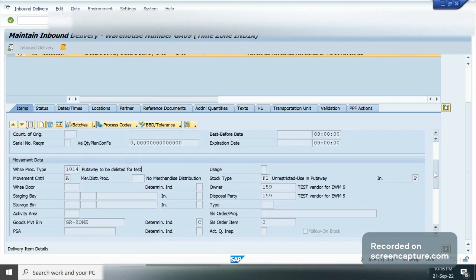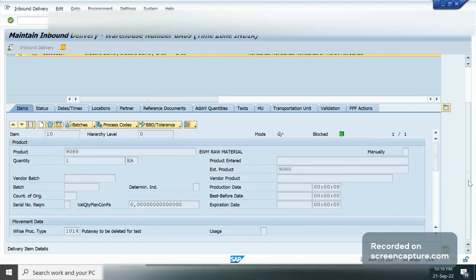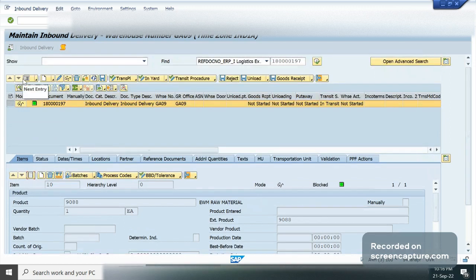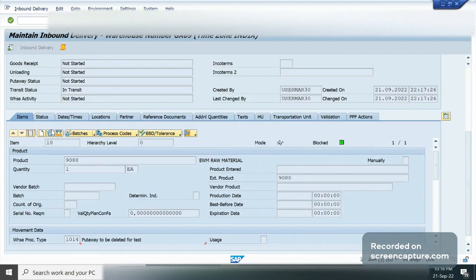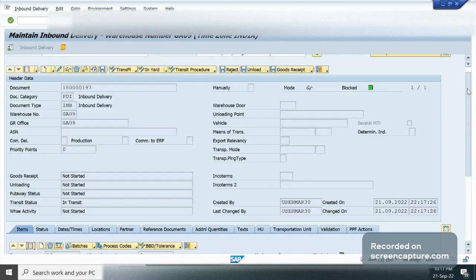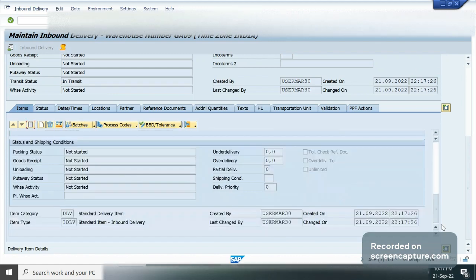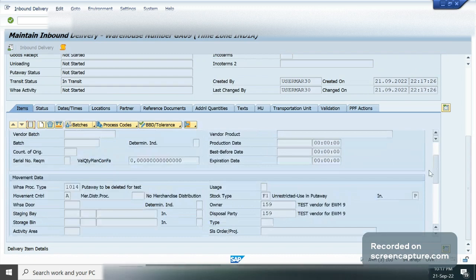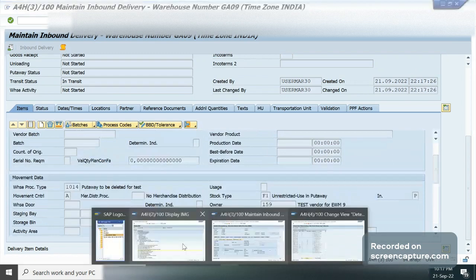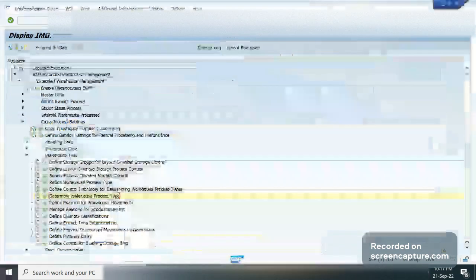Because the document type for this delivery is INB. Here you can see, correct? The item type is IDLV. Here you can see. For this combination, what we are telling the system,